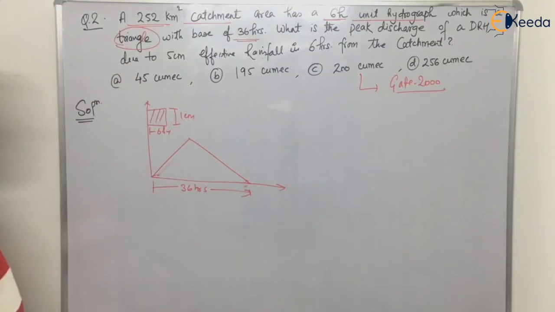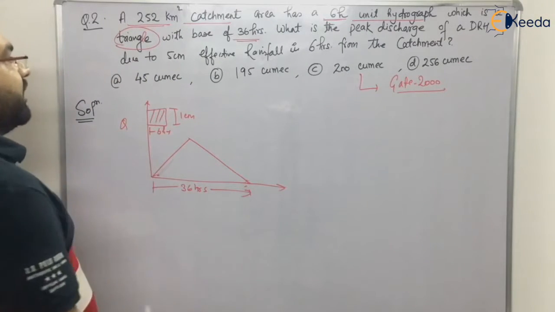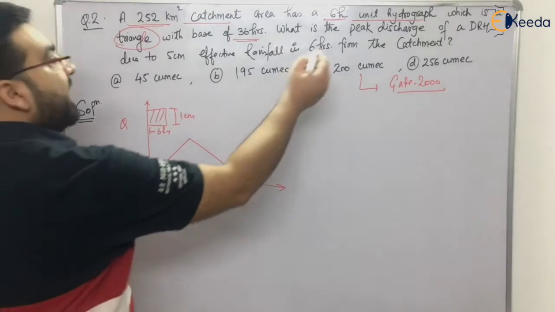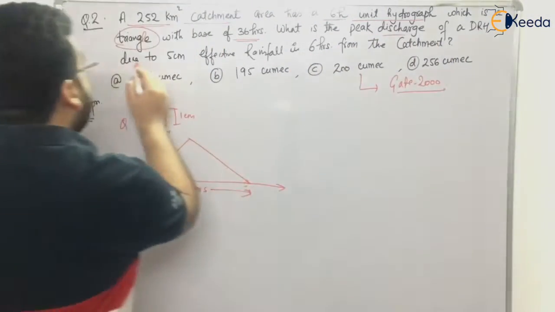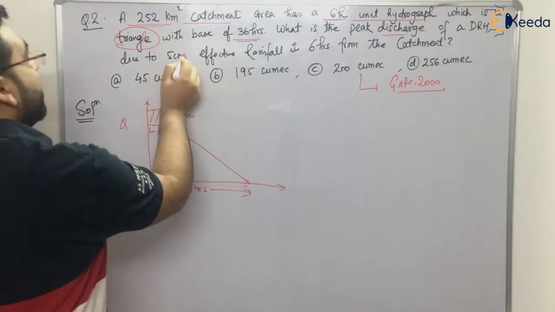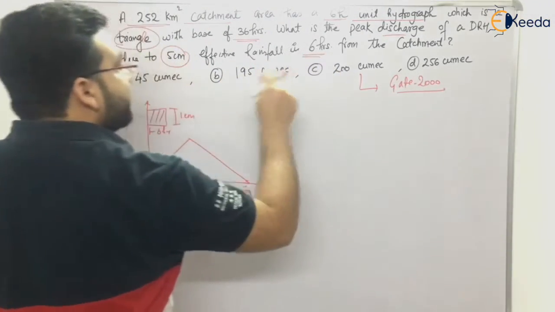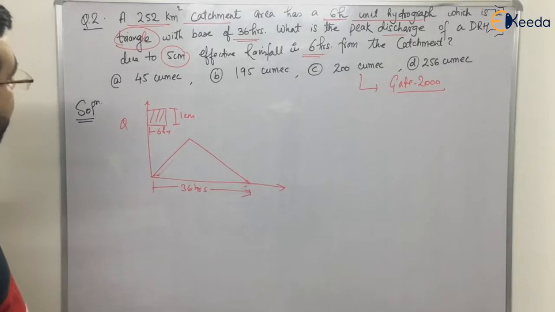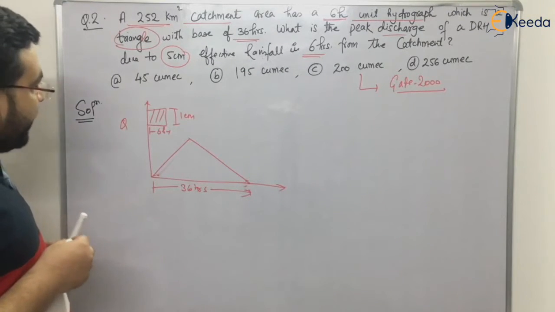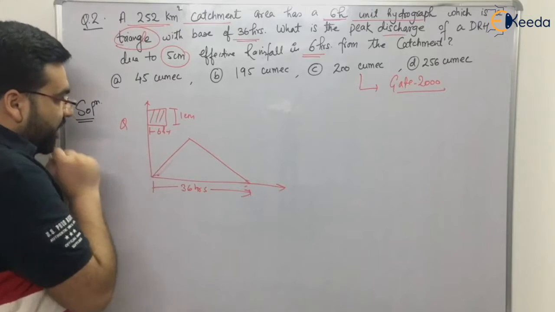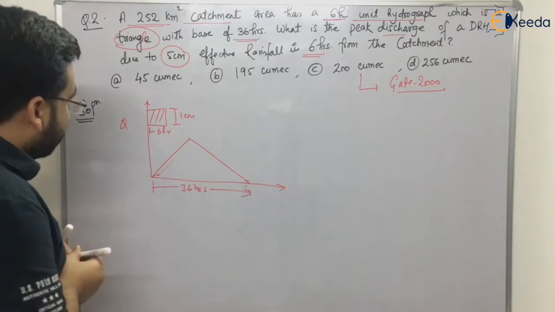Clear? I hope that you have understood the graph. This is a discharge. Clear? What is the peak discharge of a direct runoff hydrograph due to a 5 centimeter effective rainfall in 6 hours from the catchment? Clear? Now students, this is the question given, but in this question it is not given